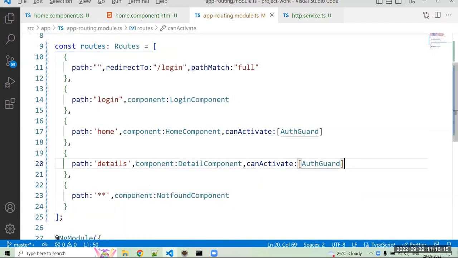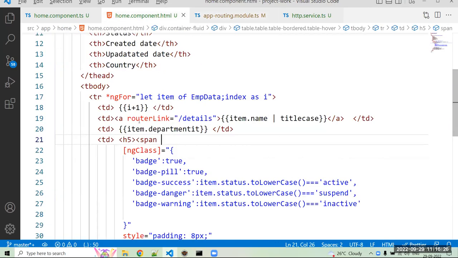For that, we again mention a configuration setting here, /:ID. You just mention in the configuration that the detail component receives one ID. Now in the home component, we can send that ID. For that, we create a property binding for the routing link. Dynamic data, we have to bind that. Again, you have to use square brackets, that is an array. The first, the 0th index, we have to pass, and then you can send the ID of the current record that is present